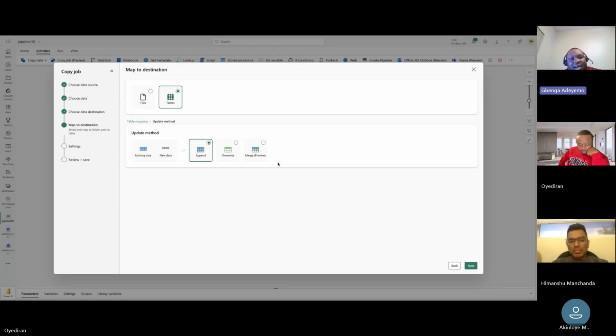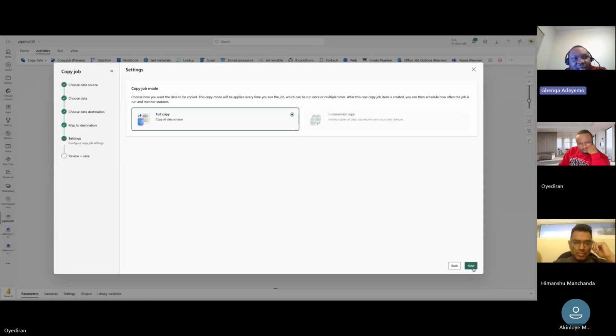So let's go ahead with overwrite because it's our first time. Click on overwrite, and click on next. Now there is full copy and there is incremental copy. Let's look at what it means. Choose how you want the data to be copied. This copy mode will be applied every time you run this job, which can be run once or multiple times. After this new copy job item is created, you can then schedule how often the job runs and monitor